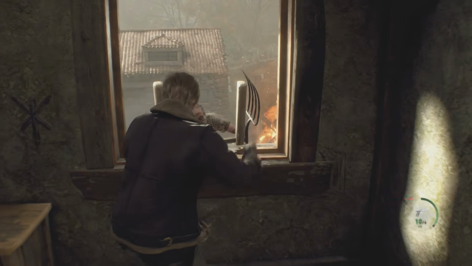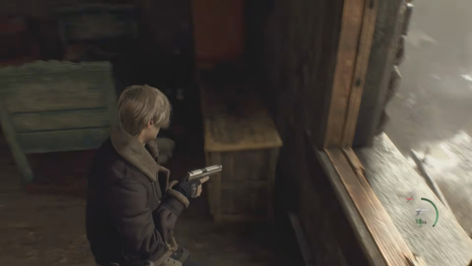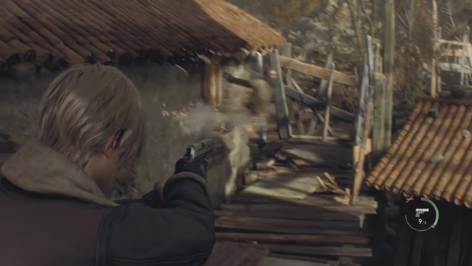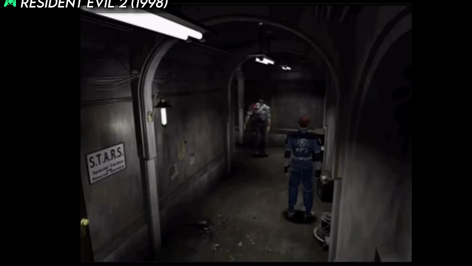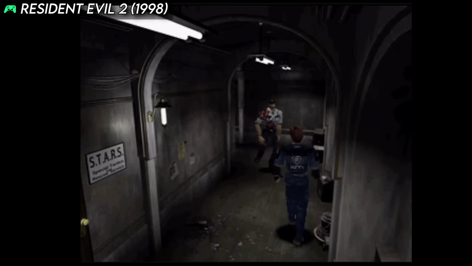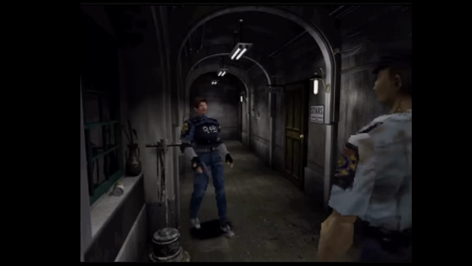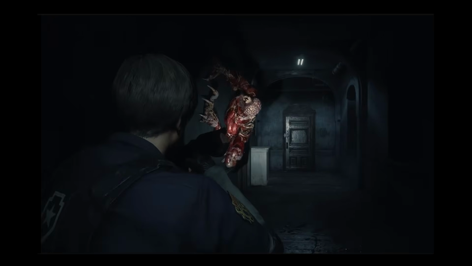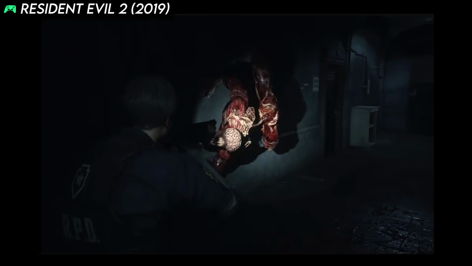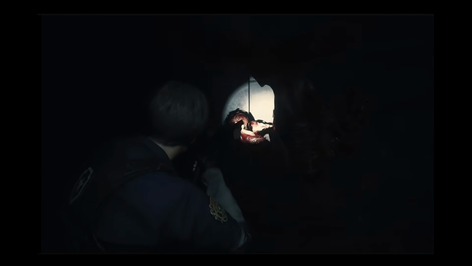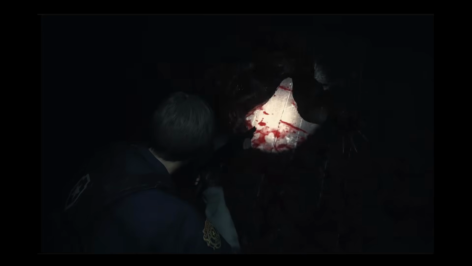You also have this great movement where... Actually, hang on. Moving and shooting. That's a pretty big thing, right? I haven't covered the differences between the original Resident Evil 2 and its remake, but the original was fixed cameras and the remake was over the shoulder, like 4. That's a pretty big change, which drastically alters that original feeling of the game.